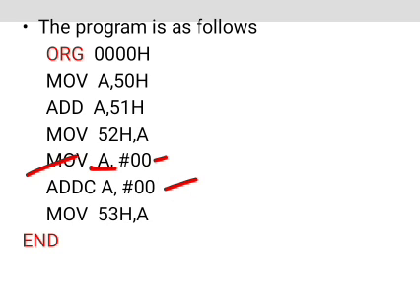That means add the immediate data and the contents of the carry flag to A. Next, MOV 53H, A. That means save the most significant byte of the result in location 53H.